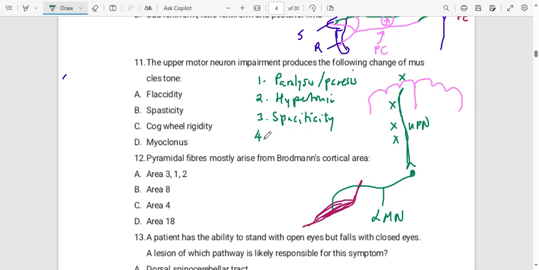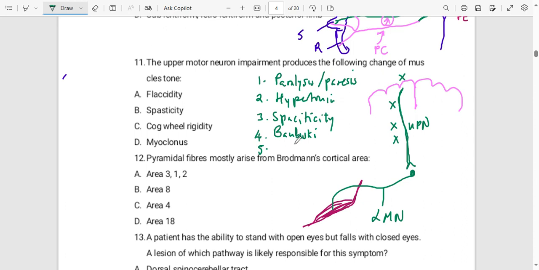Number four, there's going to be abnormal reflexes like the Babinski's sign. Babinski is also known as the extensor plantar response because we are taking our toes up towards the plant. And then number five, so besides the abnormal reflexes,